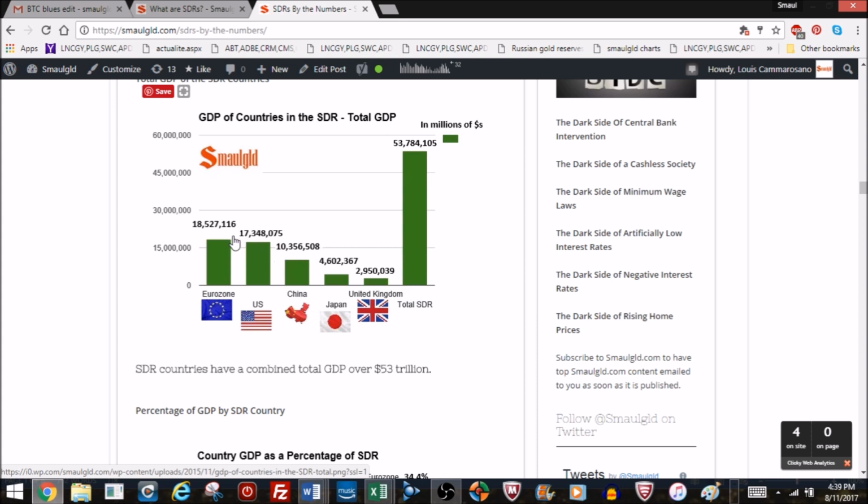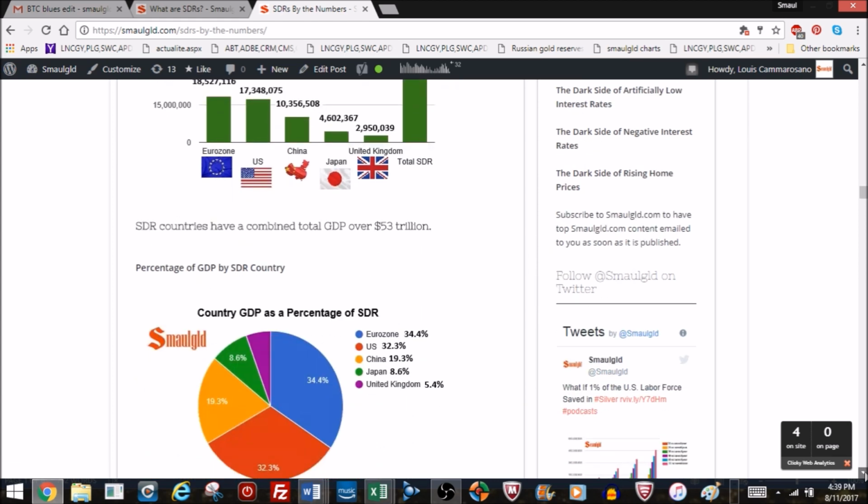But you can see this indicates that the SDR countries do hold the bulk of the global production, and that's why China's in. They're also out with the AIB, but China needs to be in this SDR, in the IMF structure, because this is where they're making their money today. In the future, they've got the AIB, but who knows what's going to happen with the countries along the Silk Road. Will they be able to get their investment dollars back? Will they be able to develop those countries by building infrastructure? Will there be a lot of trade? We don't know. So for now, this is the bird in the hand, or the birds in the hand.